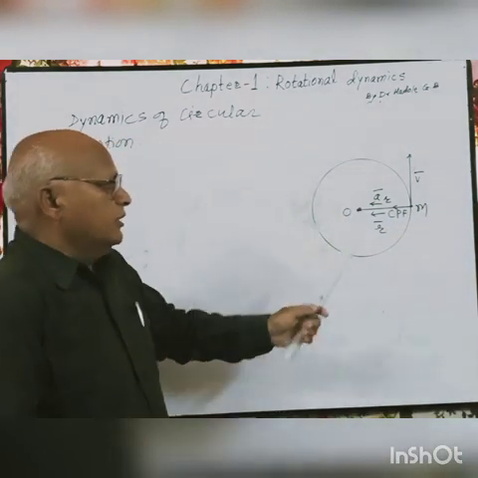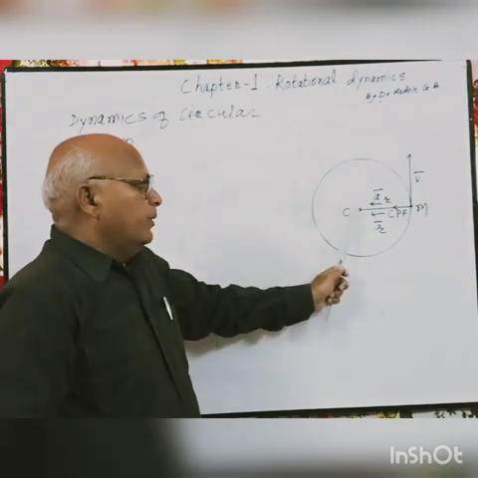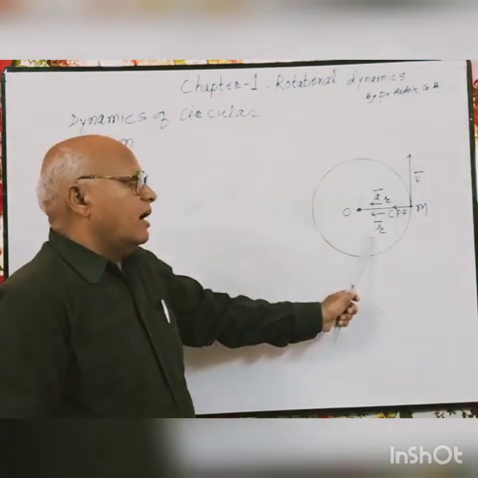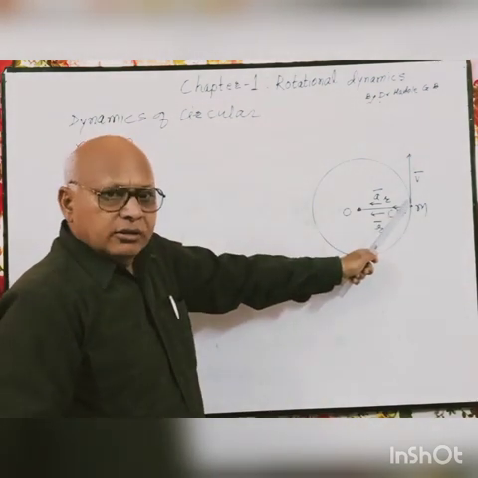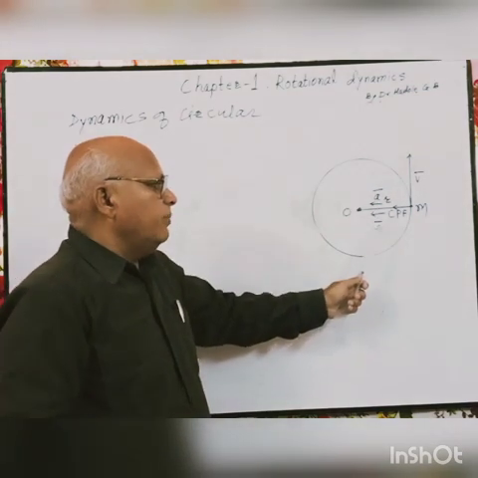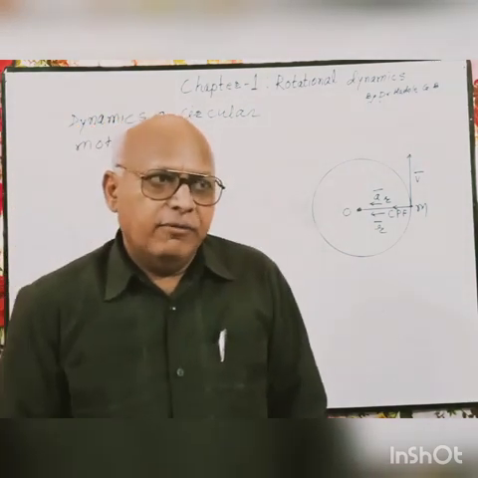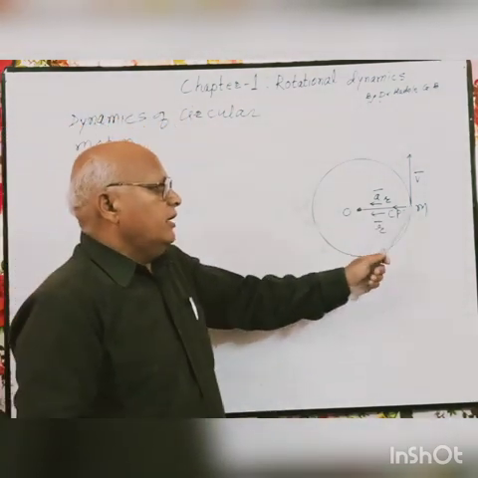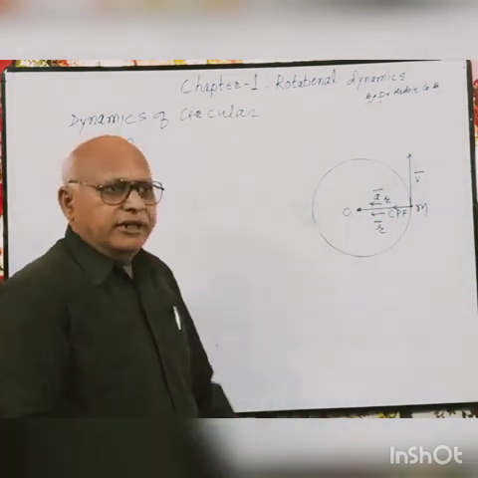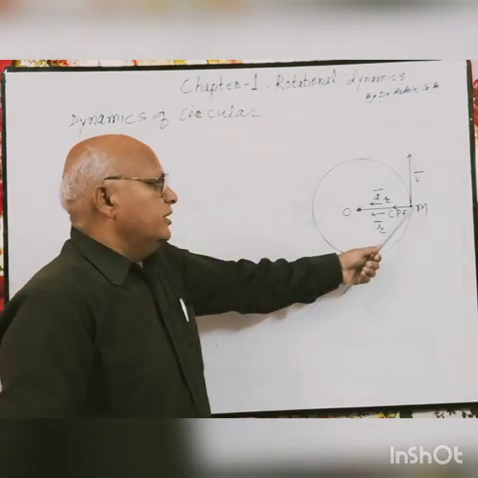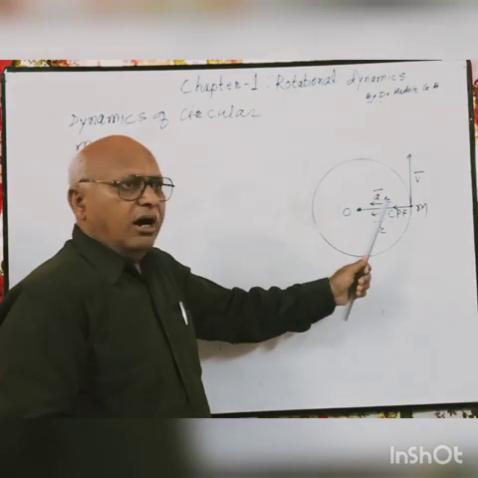Now here, consider this particle, it is performing circular motion. The mass of the particle is m. The circular motion is performed with radius r and linear velocity v. For the circular motion, a centripetal acceleration, that is a radial acceleration, is responsible. Or in short, we can say that circular motion is performed under the action of centripetal acceleration. This centripetal acceleration is directed towards the center of the circle. It has linear velocity v, radius r.